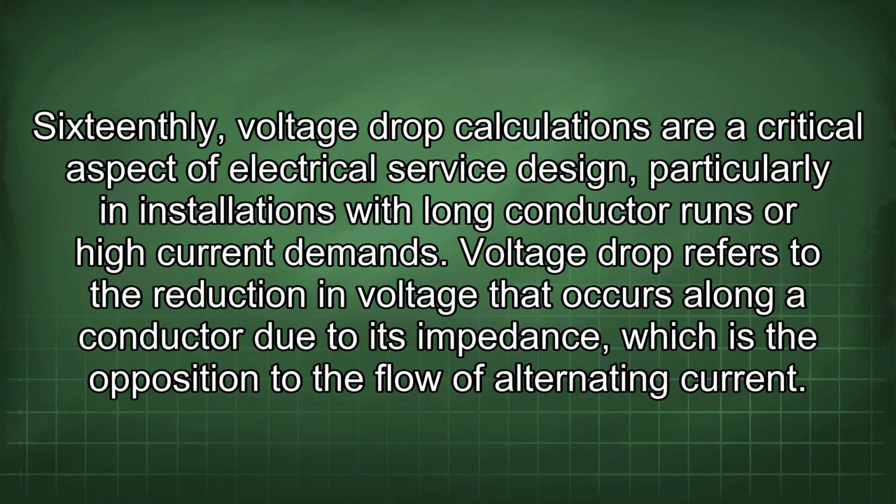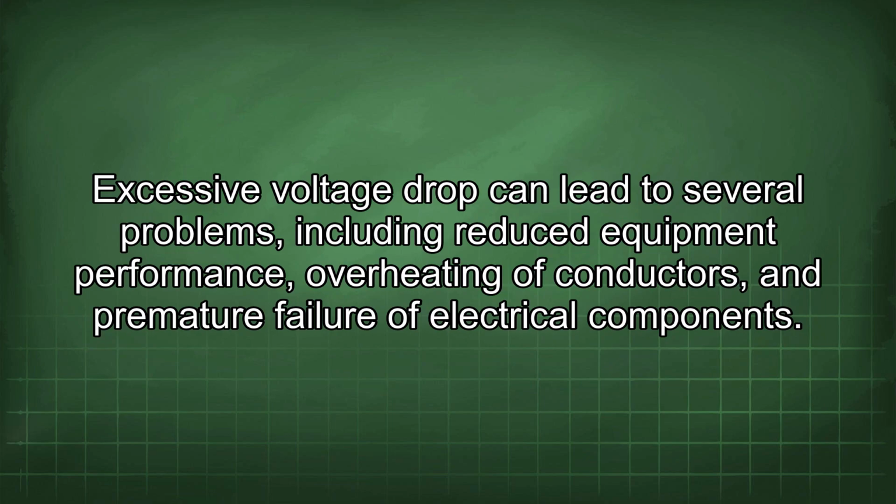16th, voltage drop calculations are a critical aspect of electrical service design, particularly in installations with long conductor runs or high current demands. Voltage drop refers to the reduction in voltage that occurs along a conductor due to its impedance, which is the opposition to the flow of alternating current. Excessive voltage drop can lead to several problems, including reduced equipment performance, overheating of conductors, and premature failure of electrical